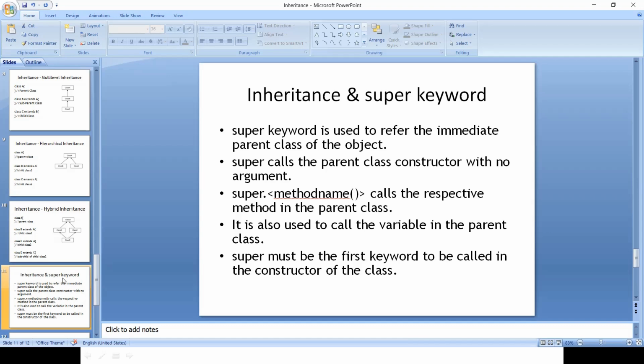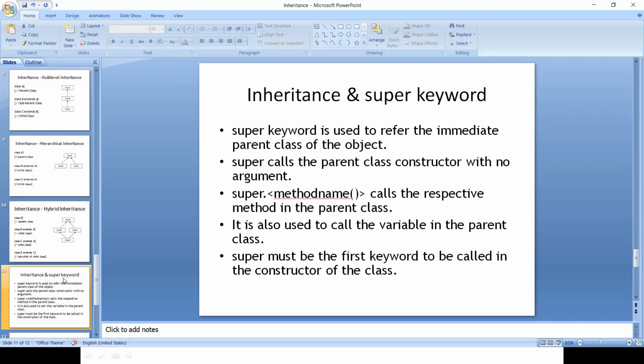We all know that there is also the concept of a parameterized constructor, where we can send some parameters to the constructor. So leaving that aside, when we call super in our child class, it refers to the immediate parent class, and it calls the constructor in the parent class that has no arguments. But when we have super with parameters, here come the parameterized constructors. Let's suppose we have constructors with some A, B, C as their parameters. We call that respective constructor in the parent class.